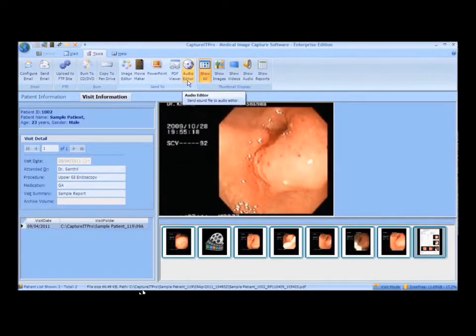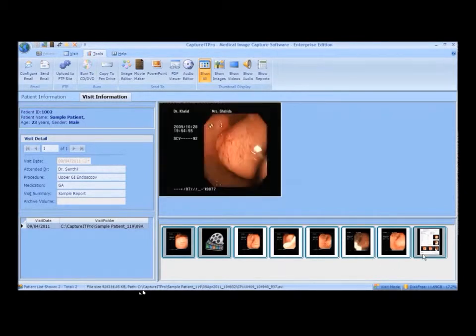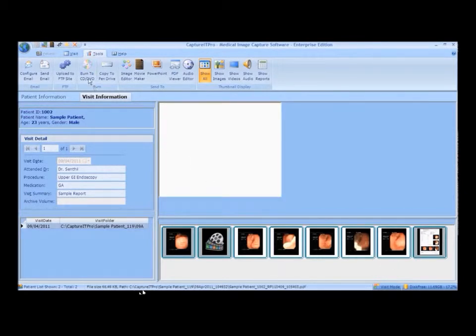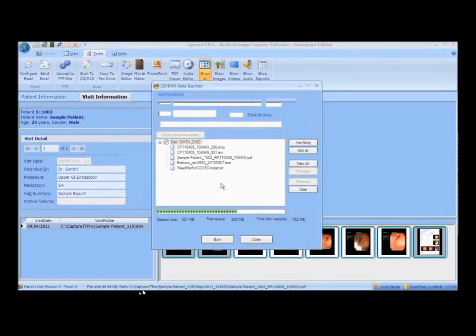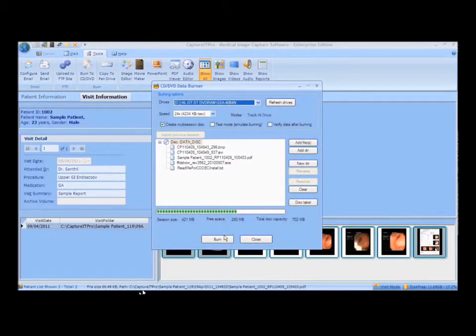Similarly, you can edit the audio file using the Audio Editor icon. Burn to CD DVD. To burn to CD DVD, select the images and video and click the respective icon. Click S for compression codec. The data are added here. Now click Burn.